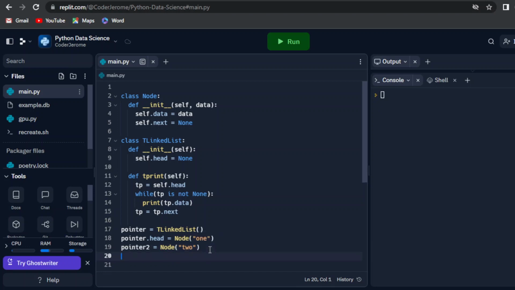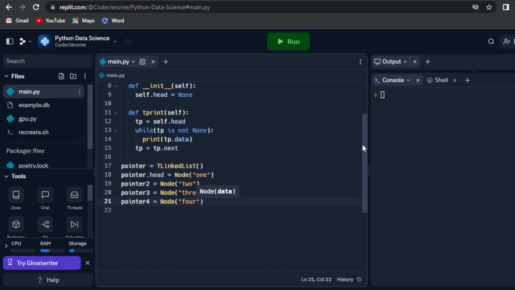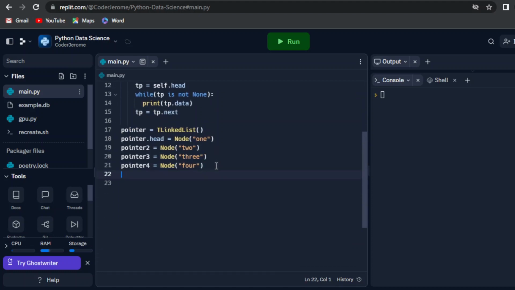Traverse through it, right? Pointer 3 equals node of 3, and pointer 4 equals node of 4. Okay, so pretty straightforward. We're going to go with 4 values there in the linked list for now. Our pointer